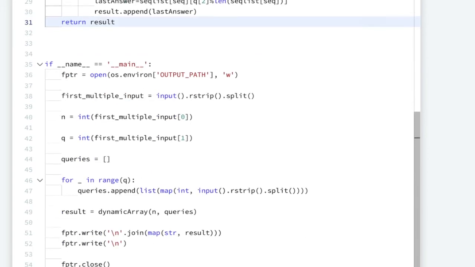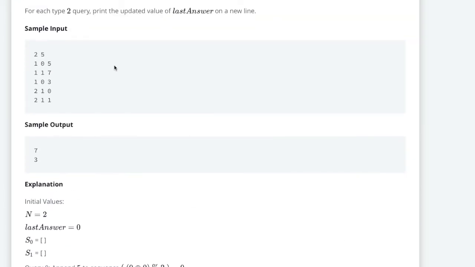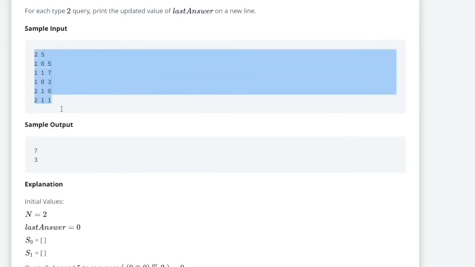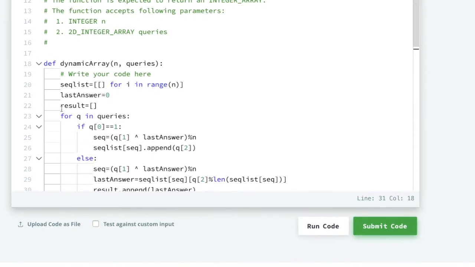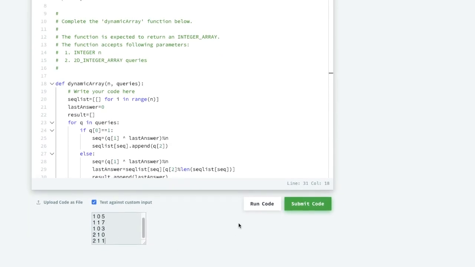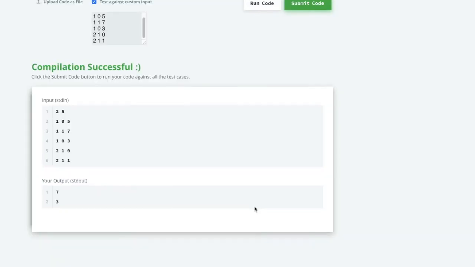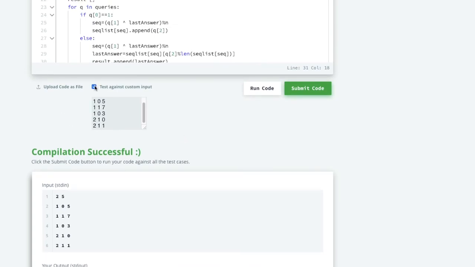So let us try to run this code for the sample input. So you can see here it is working fine. So let me run this and submit this code.